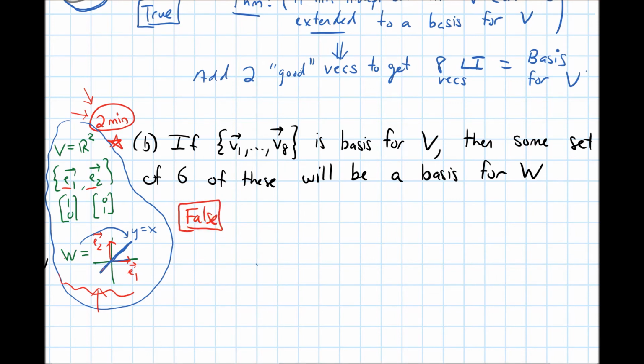When I remove vectors from the basis of the larger vector space, there's no guarantee that I'm going to get a basis for the subspace. Okay, so here is an example. Let's do a counterexample. What I'm going to do is think of W first. I'm going to think of the analog of this line y equals x. And the way I'm going to do this,